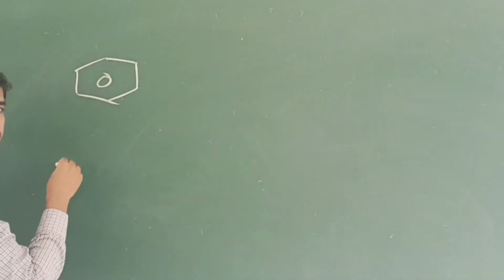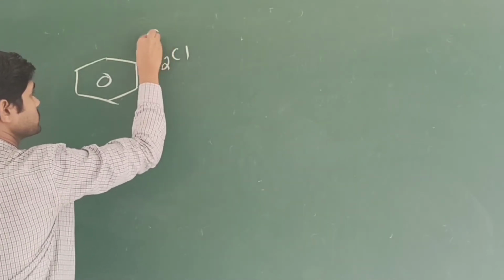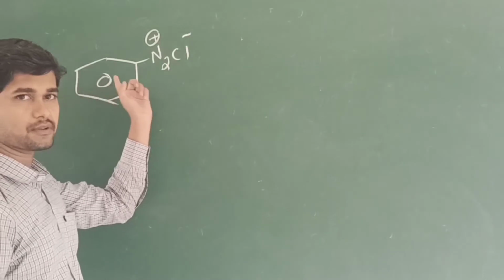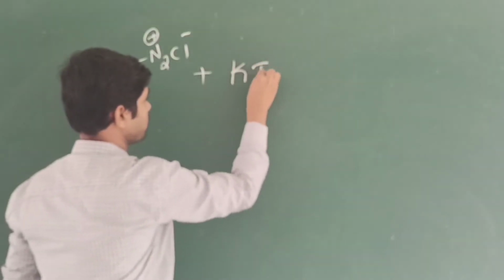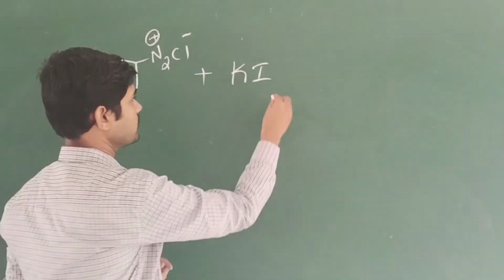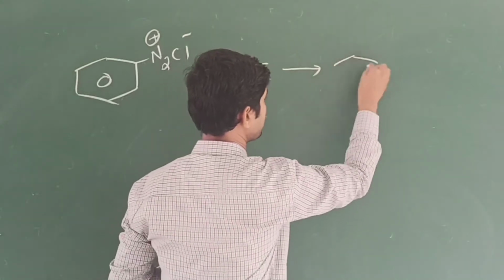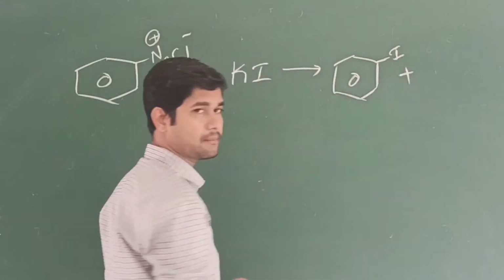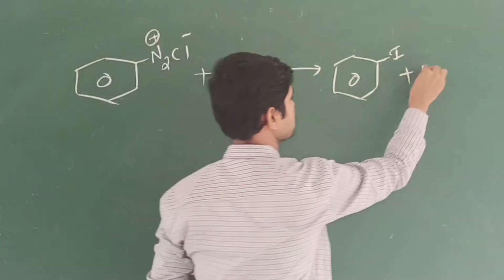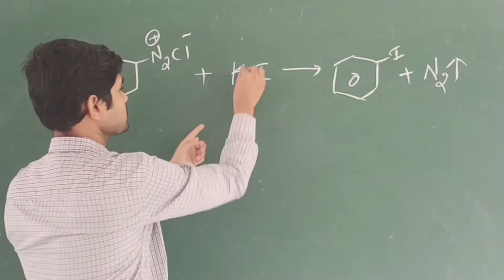So we know that this one is benzene diazonium, with two nitrogen atoms and a positive charge, and it is a salt, because these are diazonium salts. When it is treated with potassium iodide, which is a salt, what will we get here? We are going to get iodobenzene. This is a substitution reaction, and the nitrogen gas is eliminated, and what remains is K plus and I minus.